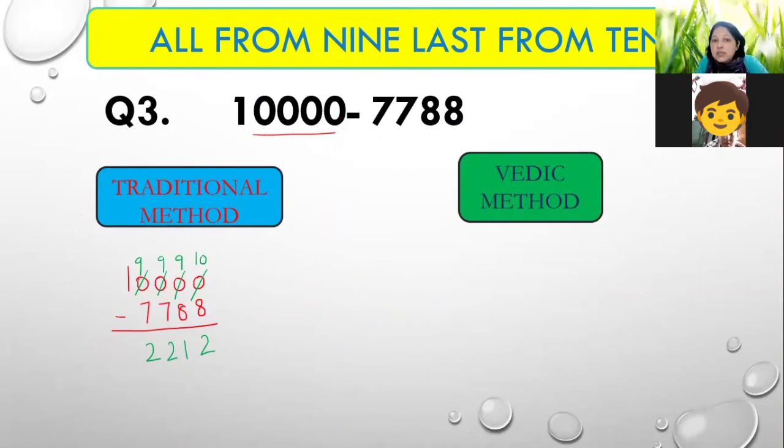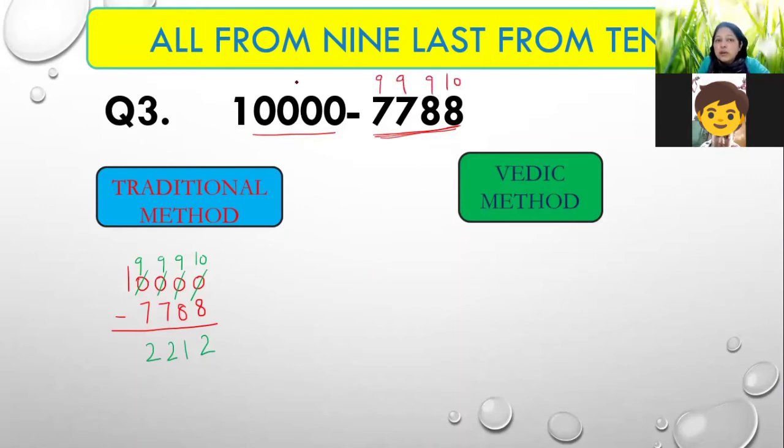See, how many zeros here? Vikash, tell me how many zeros? 4 zeros. How many digits? 4 digits. So when the number of zeros in this number equals the number of digits of the number to be subtracted, if it is the same, we can simply apply our AF9 LF10 trick.